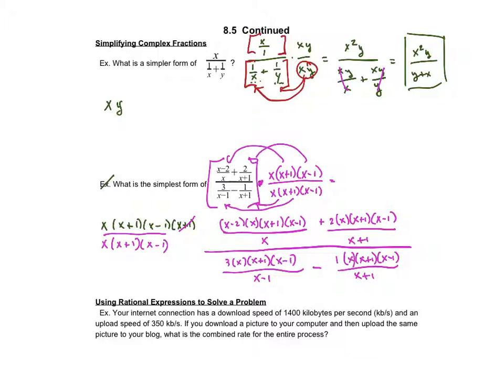Okay, now that we've done the distributive portion of this, we're going to simplify each one of these fractions. And I know that x divided by x is going to be 1. I know that x plus 1 divided by x plus 1 is 1. My x minus 1s cancel out to 1, and then my x plus 1s cancel out over here. So if I rewrite this expression, I'm looking at x minus 2 plus all of that over